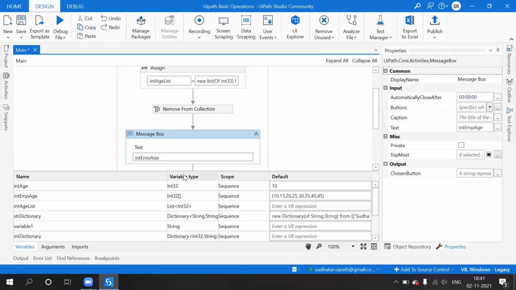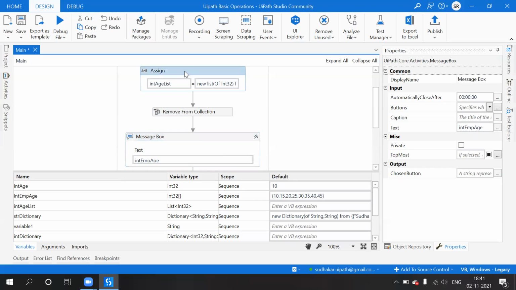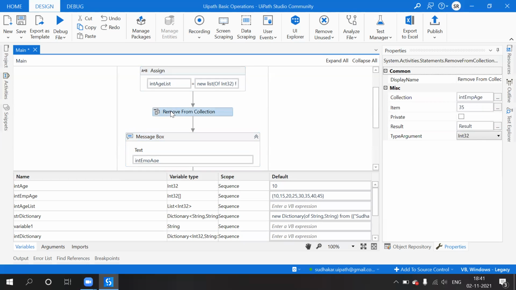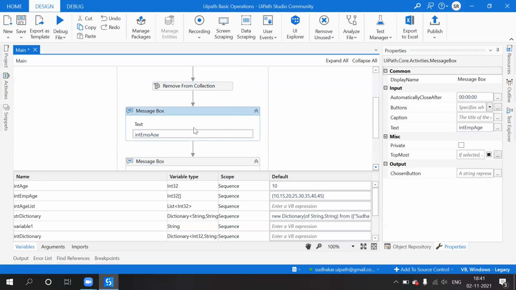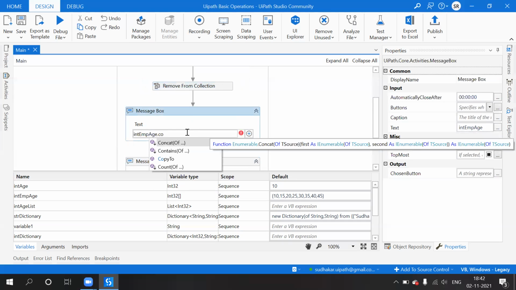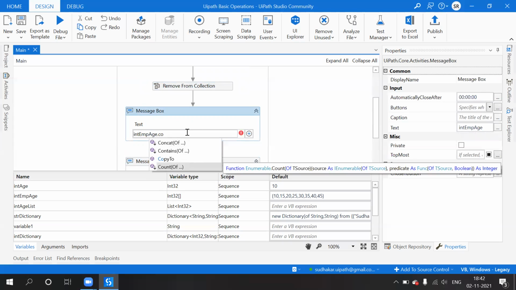We have initialized the array, so we don't need to use this one. But yes, we provided the input as the int emp ages, dot count.